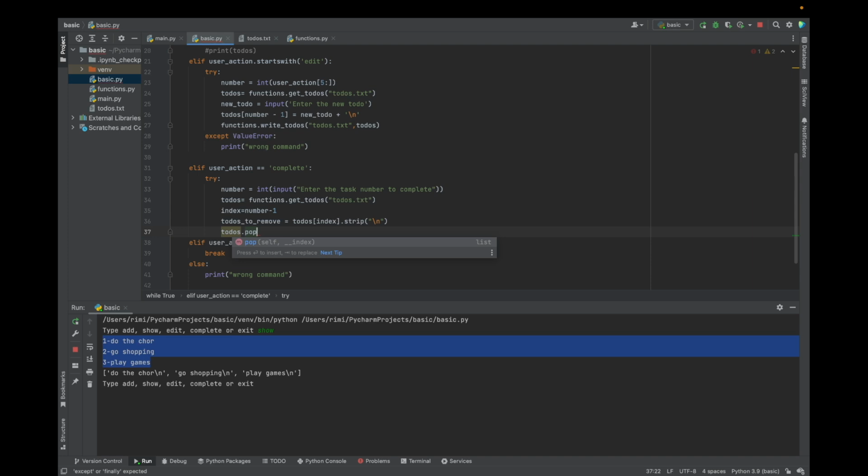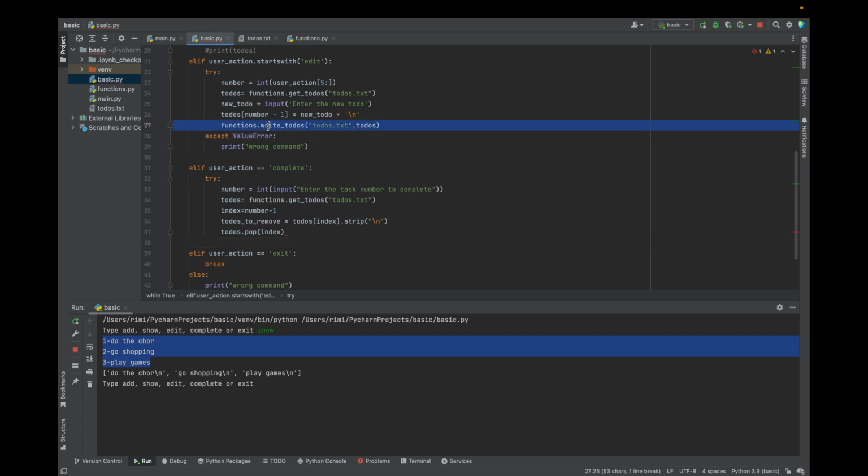So to-dos dot pop number minus 1, or we can just simply type index. Okay, now